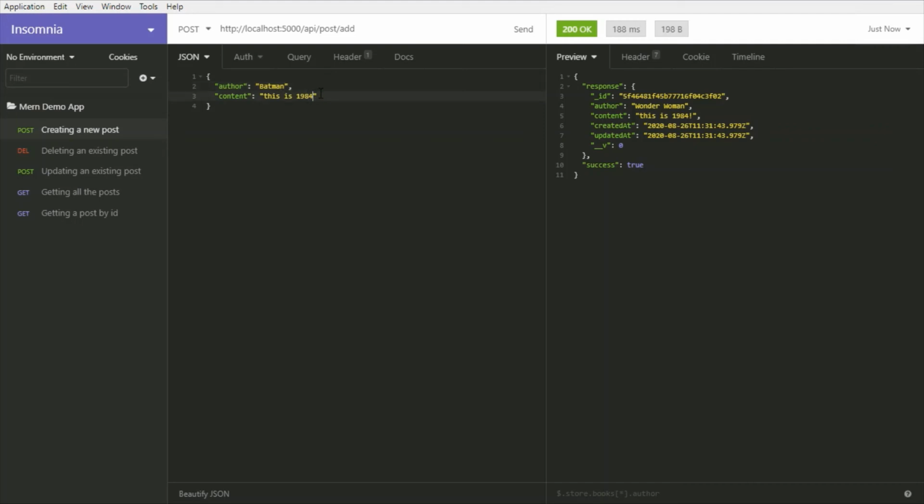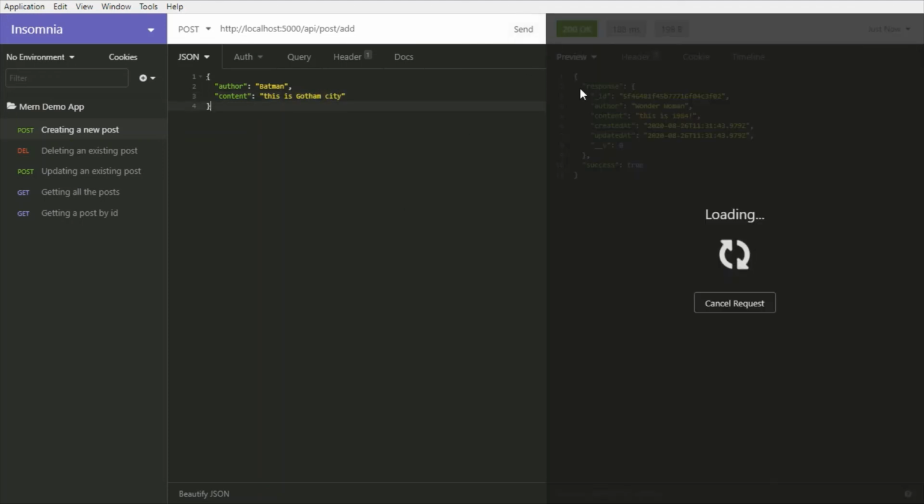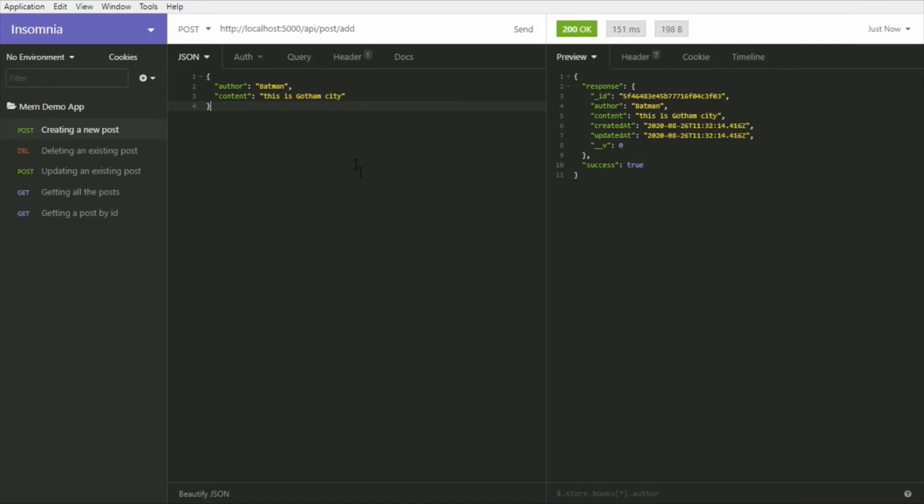This is Gotham City. So we have created this one, and now I'm also going to create this post.